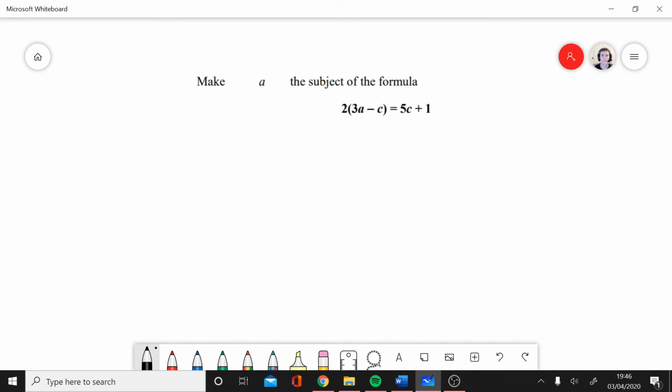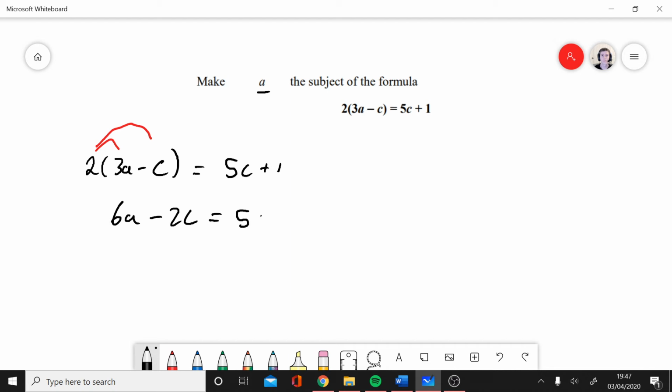Cool, let's run you through it. So we want to make A the subject of the formula. So like last question, we have stuff inside the bracket. So we have 2 lots of 3a minus c. So what we're going to do is expand these brackets, or at least that's what I would prefer to do. So 2 lots of 3a gives us 6a, and then we get 2 lots of minus c, so we get minus 2c is equal to 5c